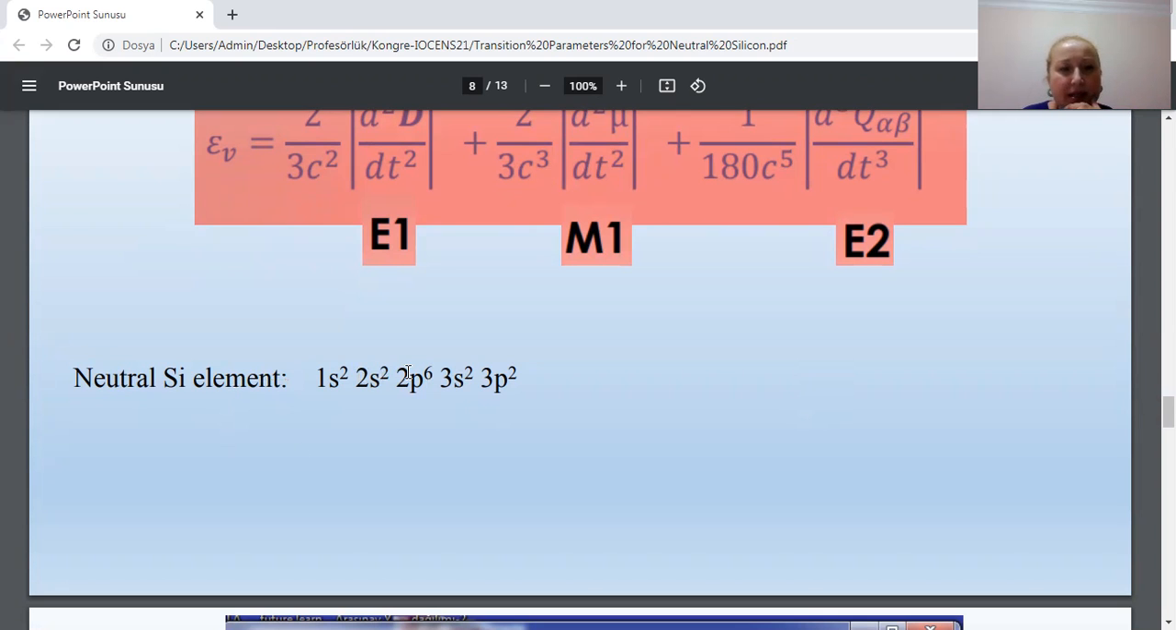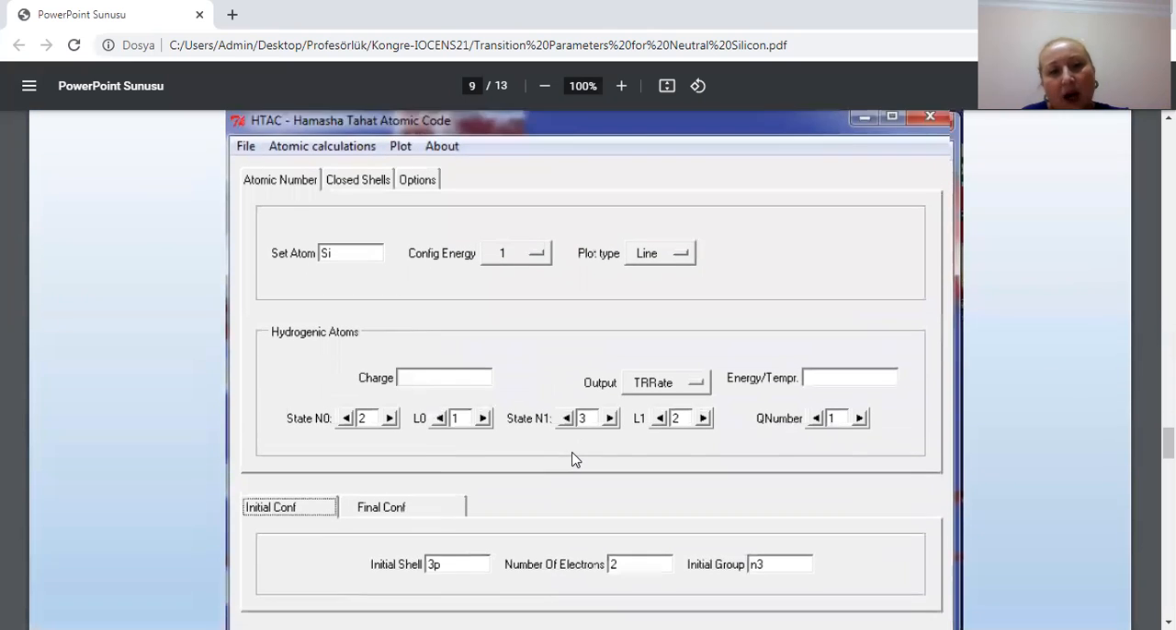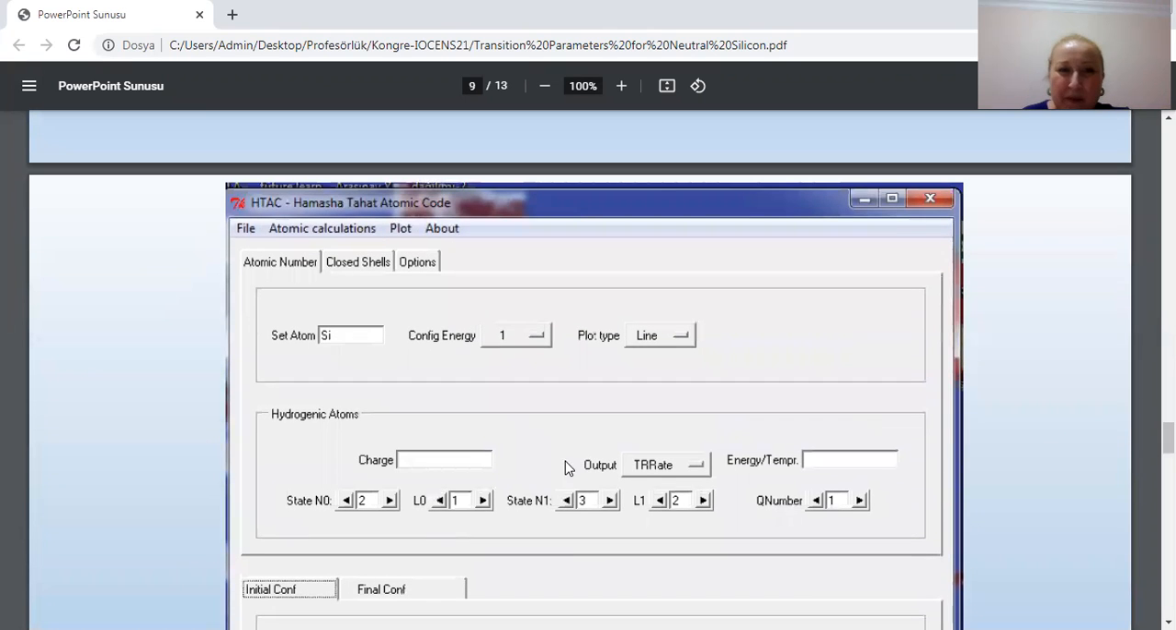So you can see here that Z is 14, the total number is 14. This is the electronic configuration of the silicon element. So the next one, you can see how we can use this program,